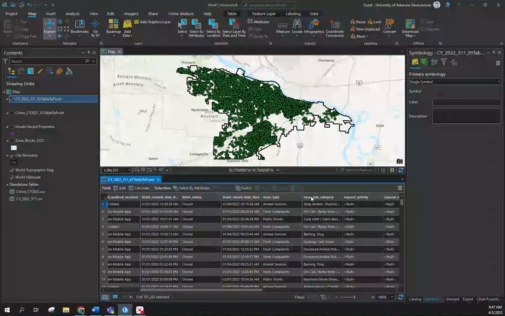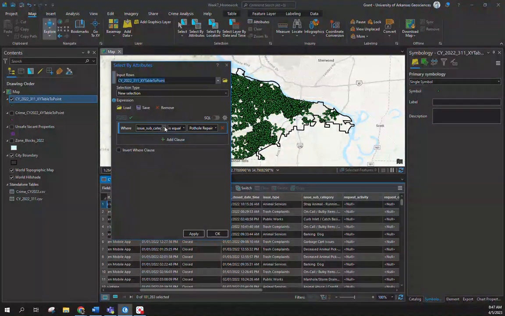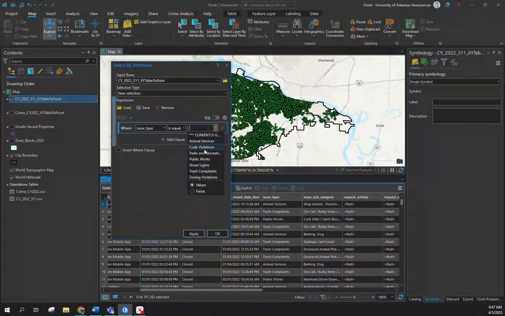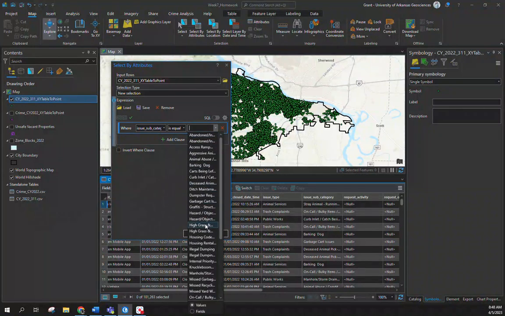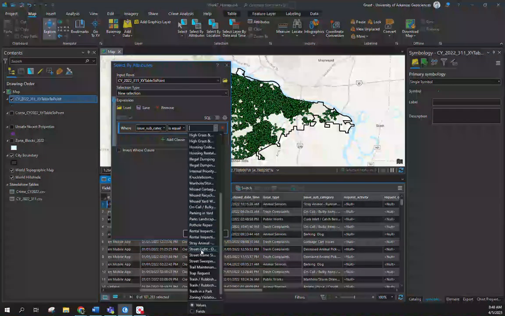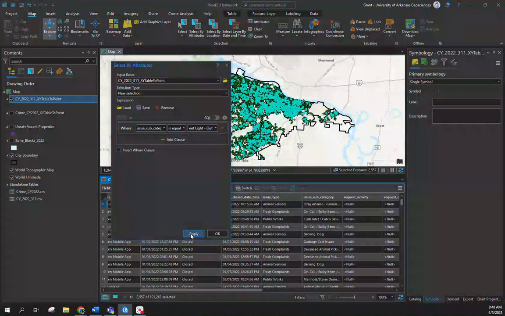With that, we have issue type and a subcategory type, which subcategory type is what we're going to use for this one. I'm already familiar with it, so I know this. And I'll show you the issue types just to see that it's not going to show the streetlight out one that we need. So to do that, another select by attribute. And if I did the issue type, you can see here that I don't have streetlights out. I have just streetlights. Ideally, this one's going to be very similar in nature to what we're looking at, but it's the subtype that we're interested in. It's still equal to here, and we're just going to scroll down to streetlights out. Hit apply, and we see we have